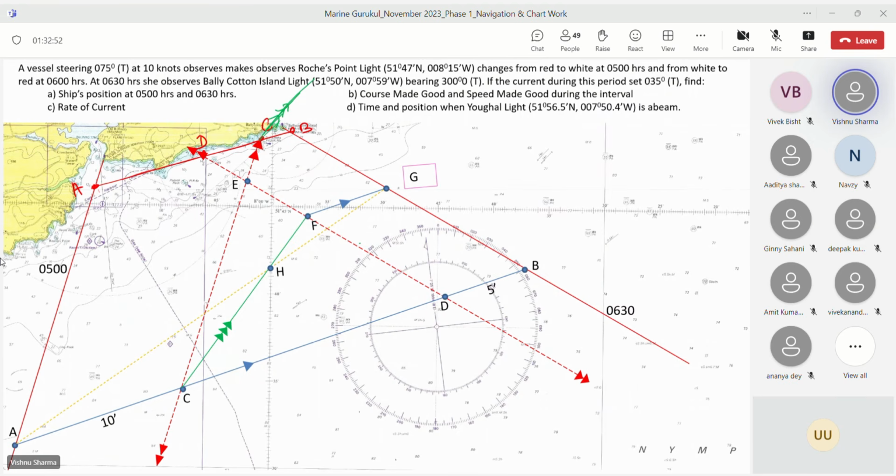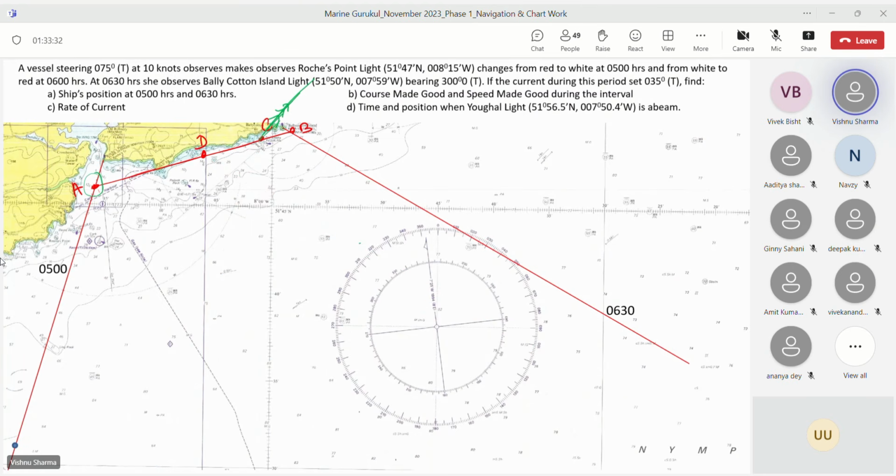When you hit such a situation that the current drawn from C is not going to cut the third PL transfer, that means the point A that you took is on the opposite side of E. Your fix actually lies on the other side. Is that clear, beta? Understood? So what is the easiest way to now do it? Easiest way to do is like this. Let me just clear it off completely and no more lines to be drawn here, and I will then tell you what is to be done.